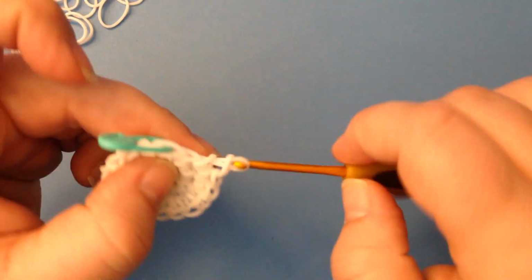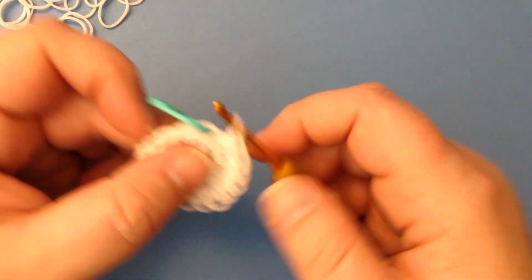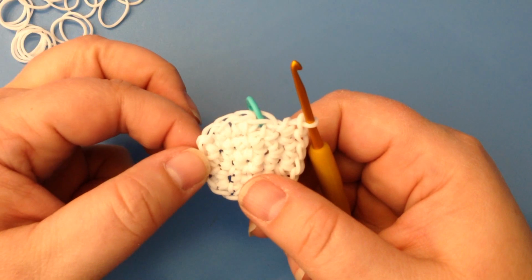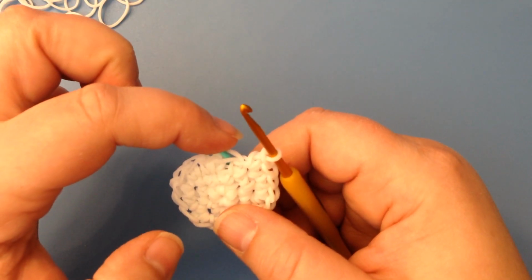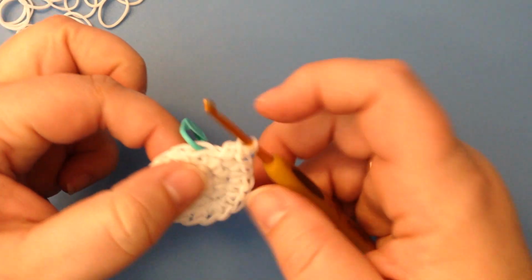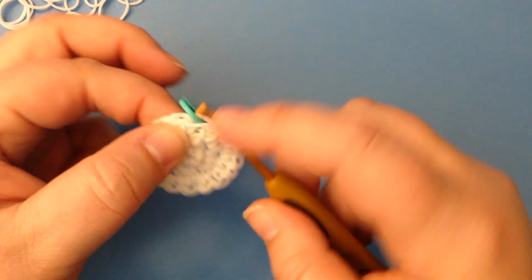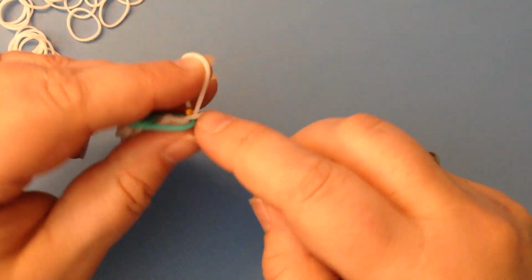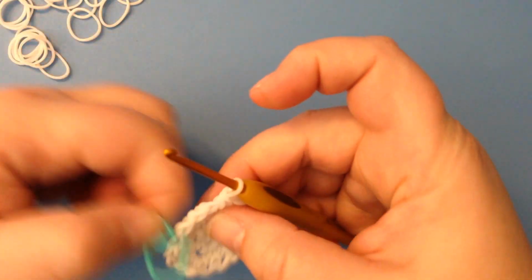And this is my last stitch, which is going to be an increase, 1 and 2. So I now have 18 stitches going all the way around. We're going to increase that to 24 by doing 2 single crochets, followed by an increase. That was my last single crochet. This is going to be my first single crochet in this first stitch. So here's number 1. I'm going to move my stitch marker to it,